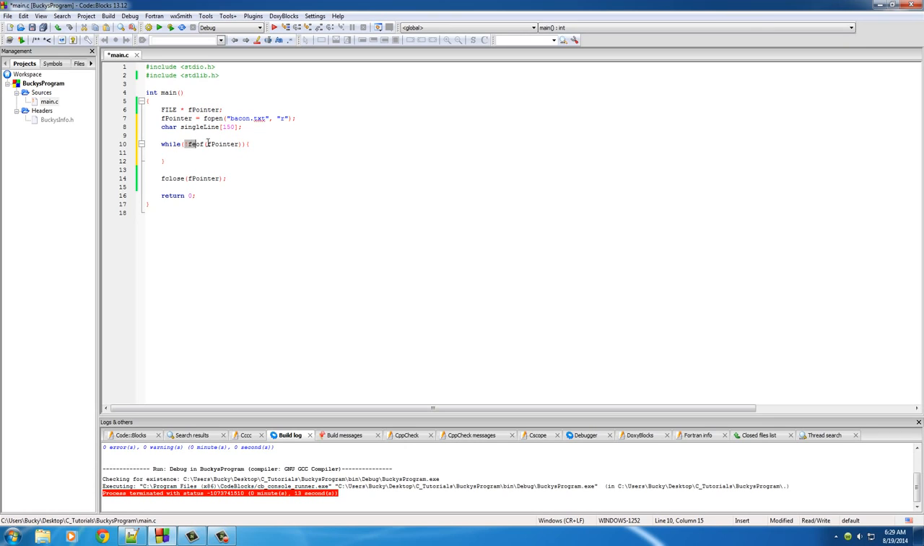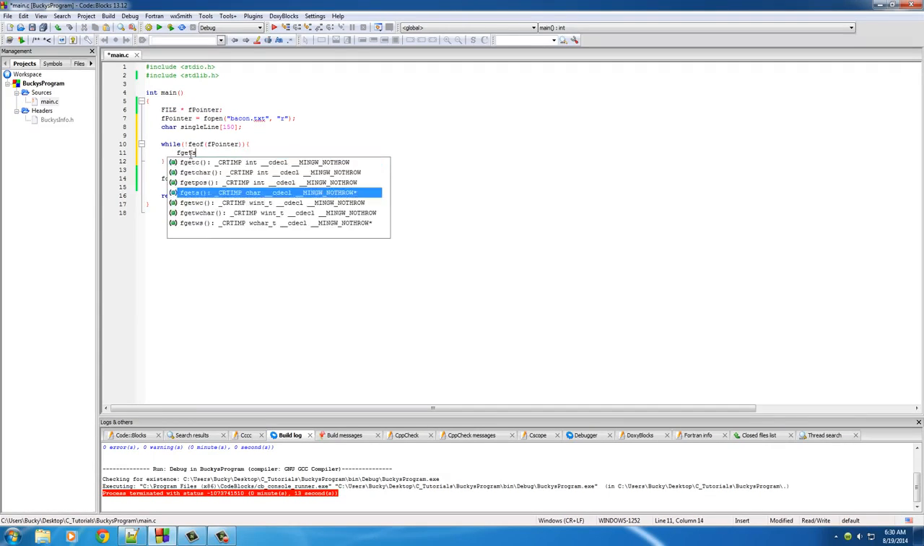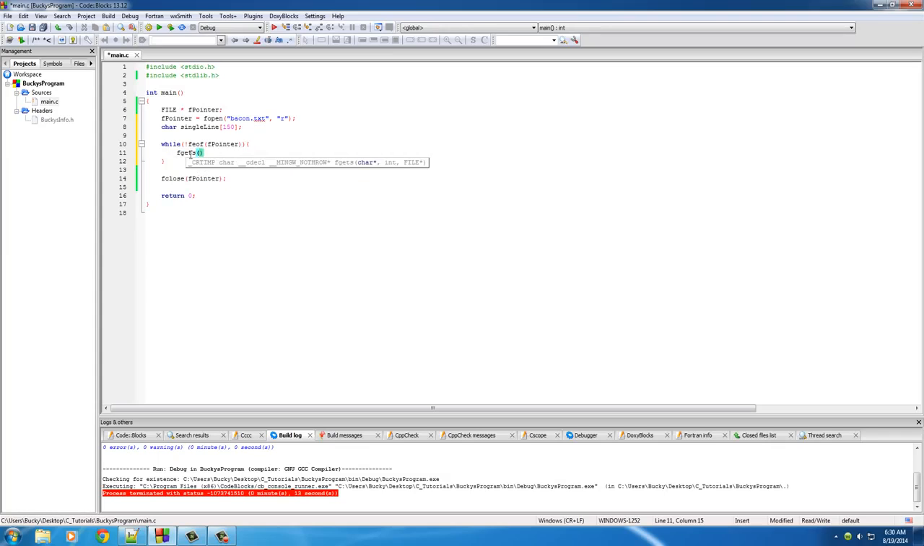And what this is going to say is keep looping until you get to the end of the file. In other words, as long as the file pointer did not reach the end of the file yet, continue to run this. Simple enough. So now the first thing that we need to do is say, okay, f gets one line, just like it does in the command line. So f gets single line